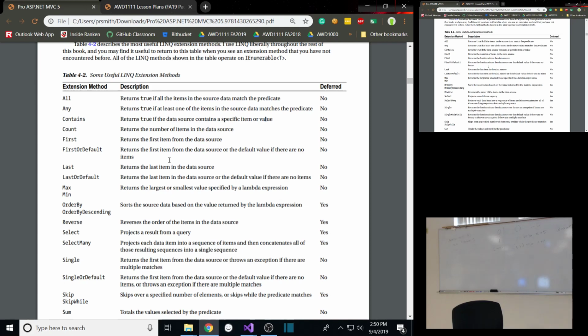Count says how many things are in there. Now this is count with parentheses, okay? There's two counts. There's count, which is a property on the list class, and it doesn't have parentheses because it's a property. So dot count will just go look in memory and say, what's my count? Read that variable, give it back to you. Okay? Count with parentheses